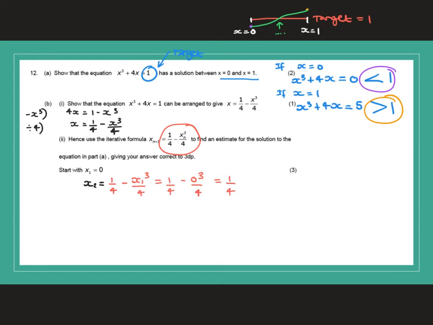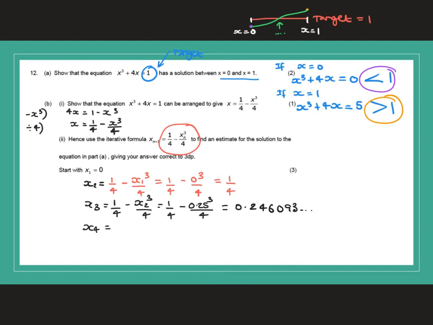To then work out x3, we take x2 and we substitute it into the iteration formula. So we have a quarter minus x2 cubed over 4, and of course x2 is equal to a quarter. So it's a quarter minus, and I'm going to call it 0.25 cubed over 4, and then we work this out, and it comes to 0.246093. And if you have cleverly set your calculator up carefully, you can then keep pressing the answer button to